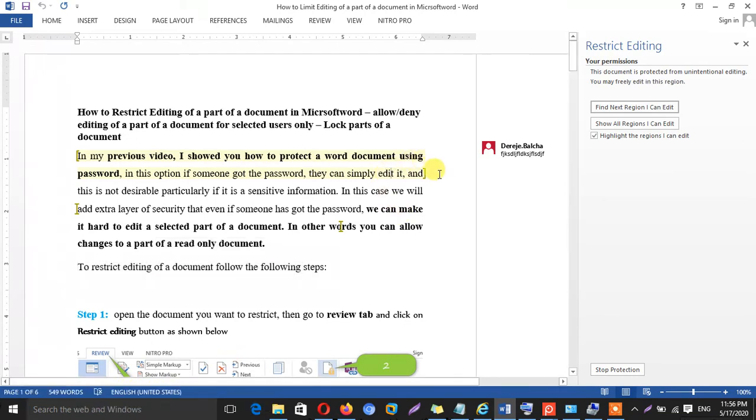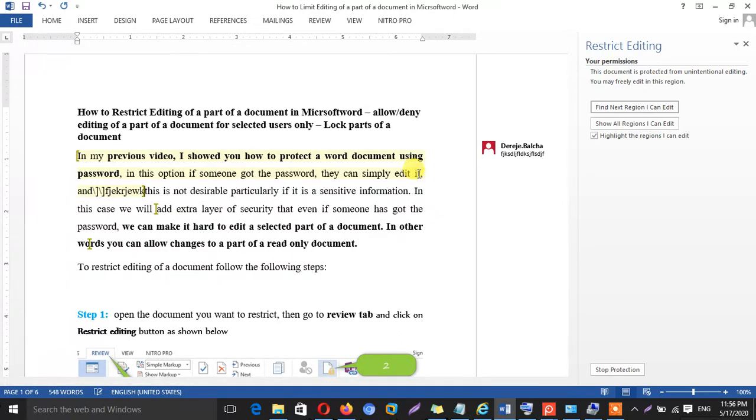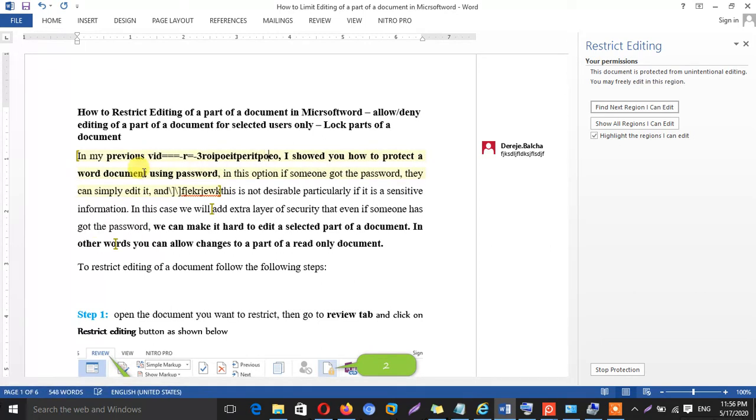Let me check to modify this one, which I already selected and give permission to everyone. As you see here, I am allowed to edit this part of document. Here I am allowed to edit only the yellow shaded part, this one.